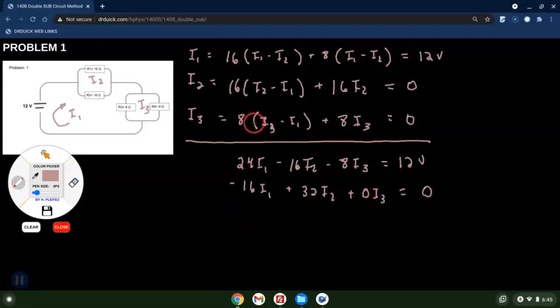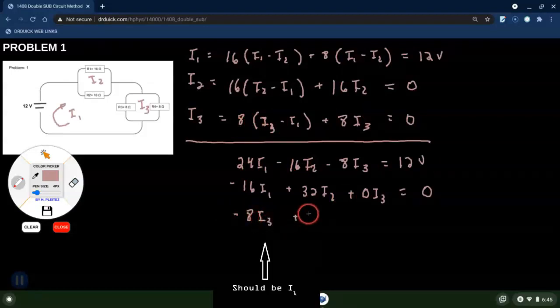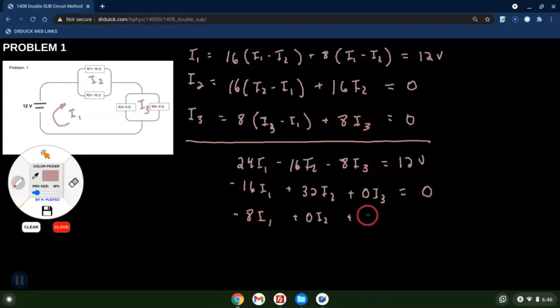And for the last one, we're going to do this guy. It's going to be minus 8 I3. There's no I2s. Plus, I'm sorry, that's the wrong number there. This is minus 8 I1. I apologize. And now we have 8 and 8, so we have 16 I3